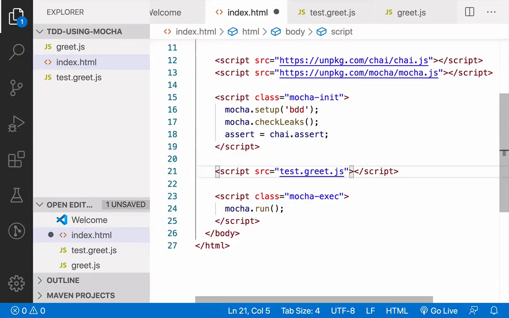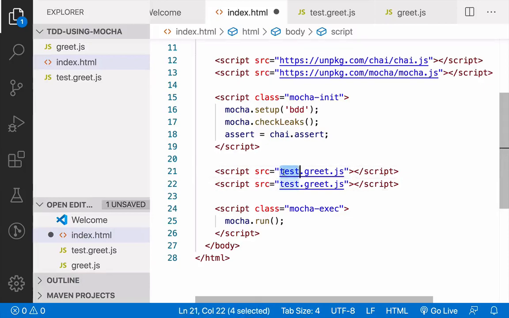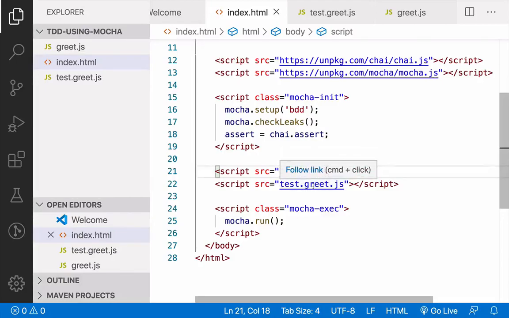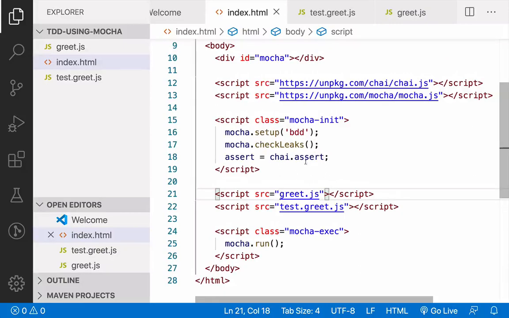So what we want to do now is create a file here called greet.js. We want to do that above test.greet.js because the code here is running from top to bottom. We first load the function, and in this file we actually want to use the function. So if I go back here now, I refresh, see now there's an assertion error because it's saying hello Lendani